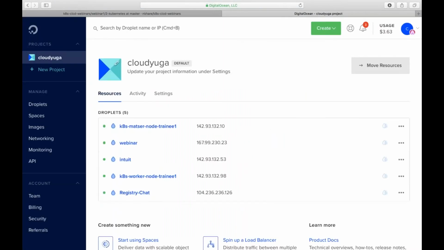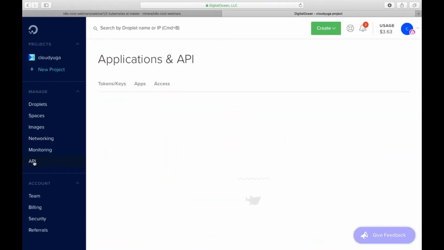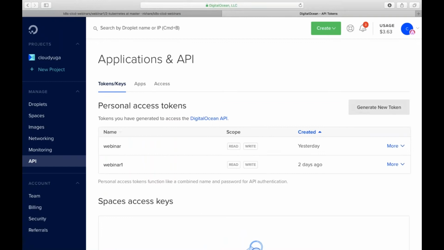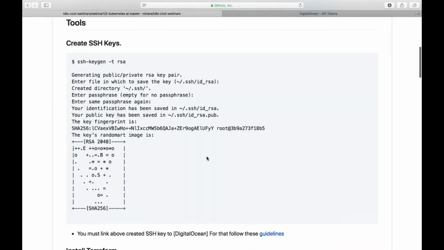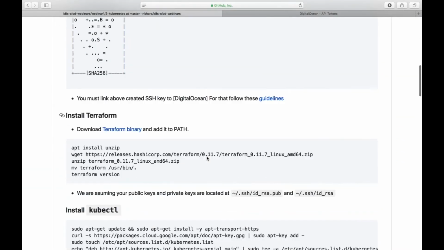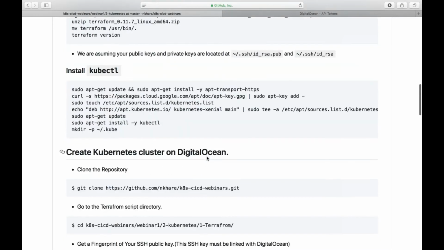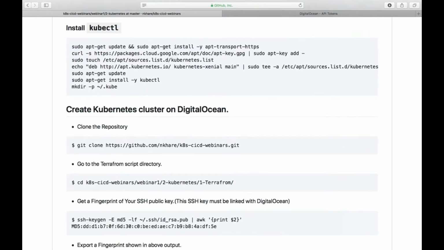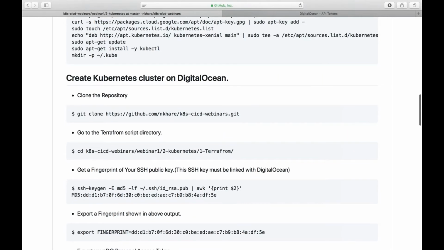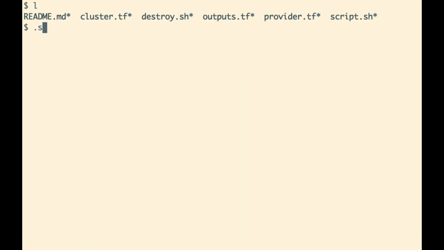On the DigitalOcean dashboard, you can find the APIs, and if you click on generate new token, you get a token, which we will take as an input for our Terraform script. I have already got it and already performed the prerequisites, whatever is required. So let's go to a terminal and run the program called script.sh.